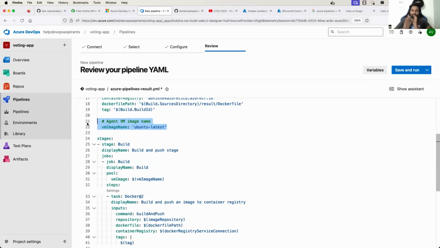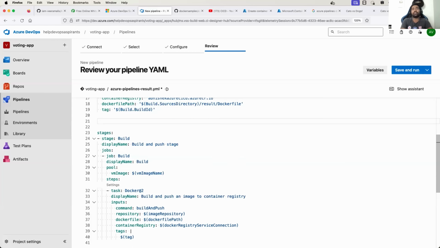Similarly, for Azure pipelines also, there are two options. One is you can create your own slave or agent, and you can run your pipelines on top of that particular agent, or you can use the ones that Azure provides you automatically. If you use the ones provided by Azure, then you don't have to maintain those slaves and all. But unfortunately, at this point of time, Azure does not provide you these things on a free trial account. If you are using a free trial account, better you create your own agent,